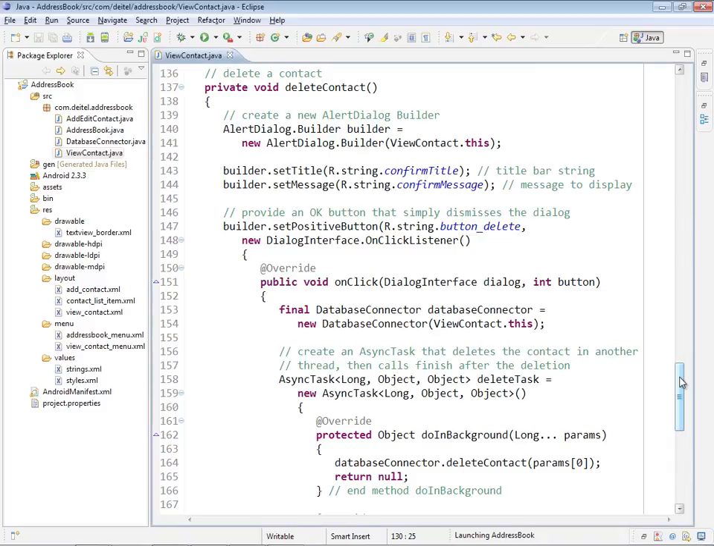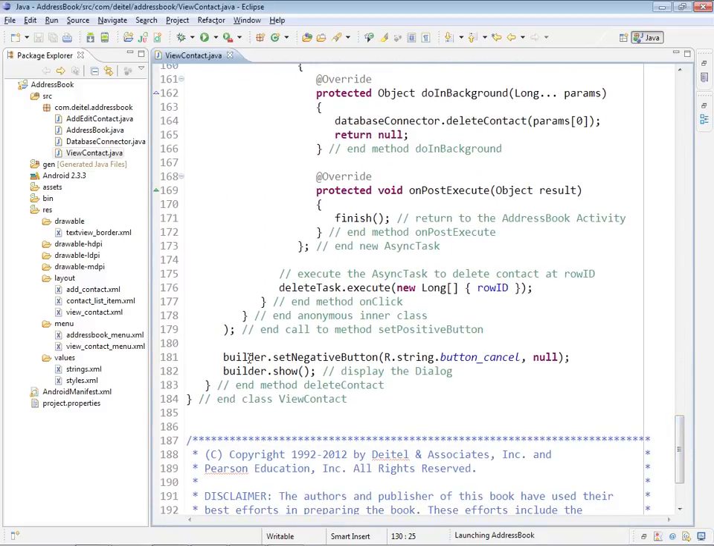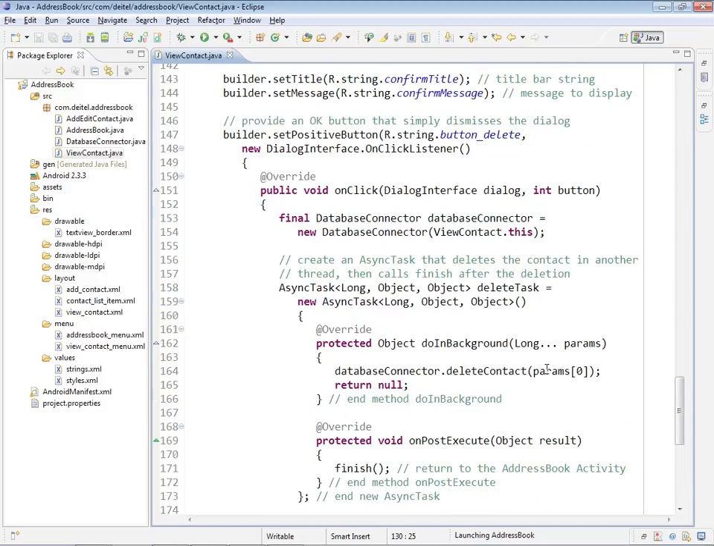onClick method of that button. Otherwise, if they touch the negative button, you can see we have null as the second argument here, which will simply cause us to dismiss the dialog. So let's go back up here and take a look at what happens when the user touches the positive button